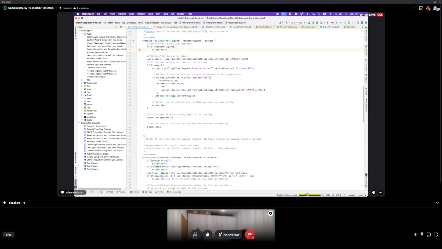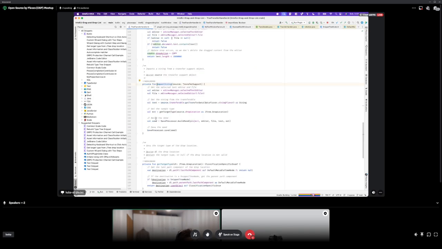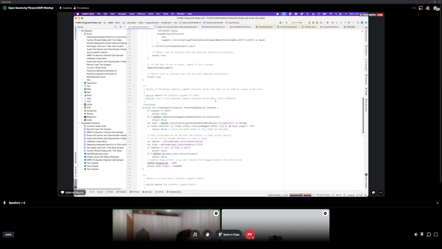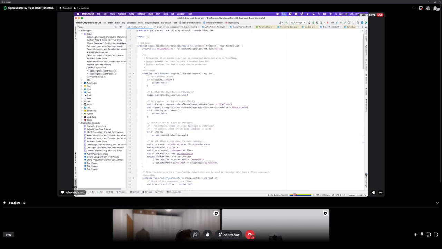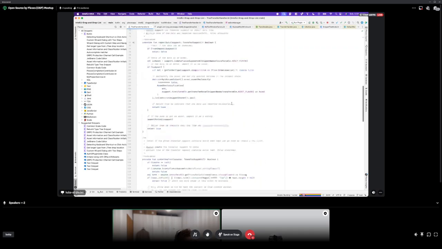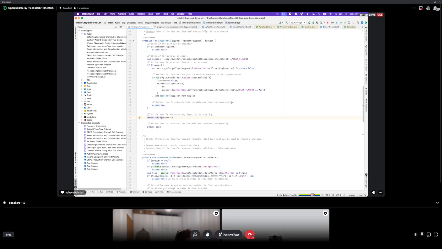And so if we are dealing with a string, we know that we can import it. So we do get additional metadata for saving things. We get the editor info, which we have passed to the constructor of this class in the form of an editor manager. Sorry.